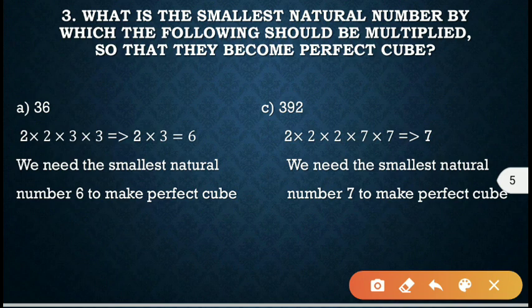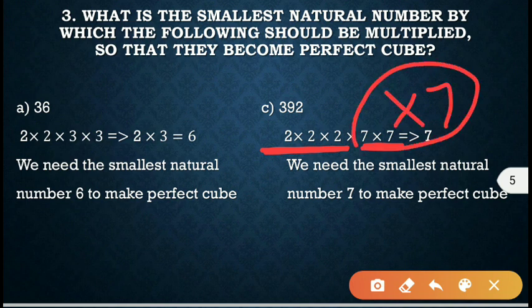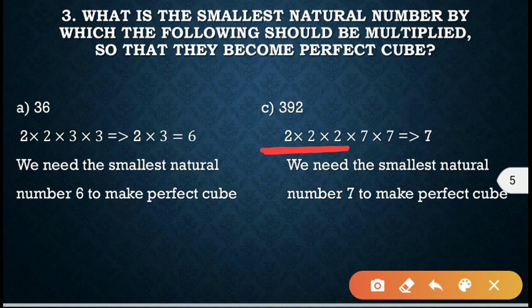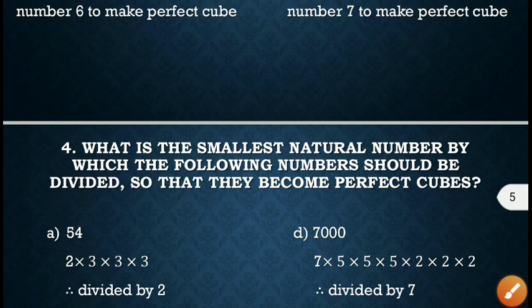Next is 392. When you factorize that, you will get the factorization. Now start making the pairs. Here 2 is one pair. Okay, 7 is only 2 times. If you multiply one more 7 here, this will become a perfect cube. Yes, you want one more 7 here to make 392 a perfect cube. Here 2 is in the pair, but 7 does not have one more digit. That's why 7 is not in a pair. But if you multiply one more 7, this will become a perfect cube. That means the smallest natural number is 7 to make a perfect cube.